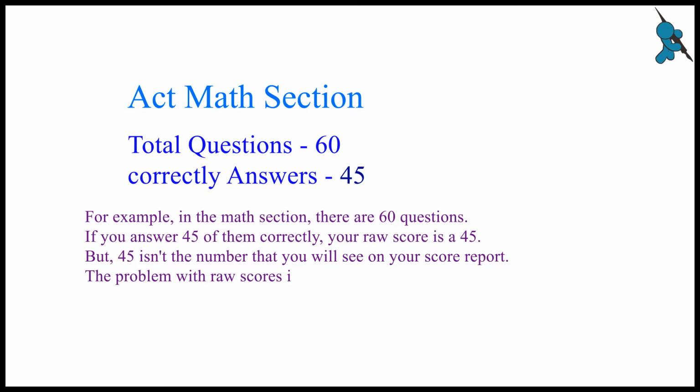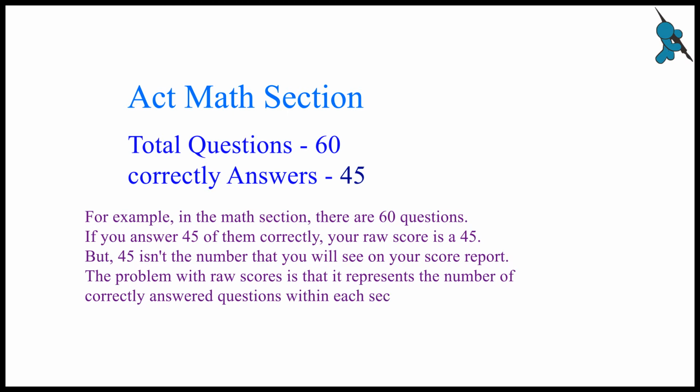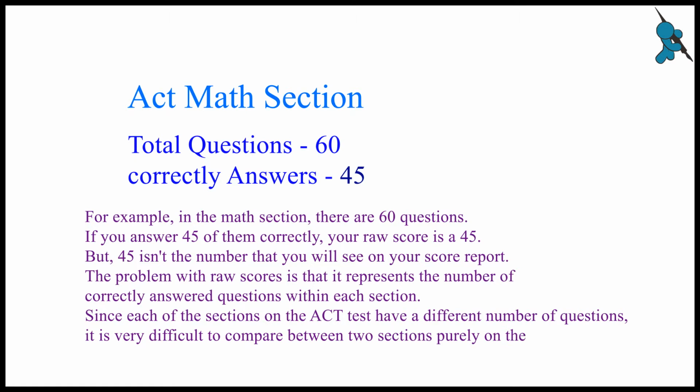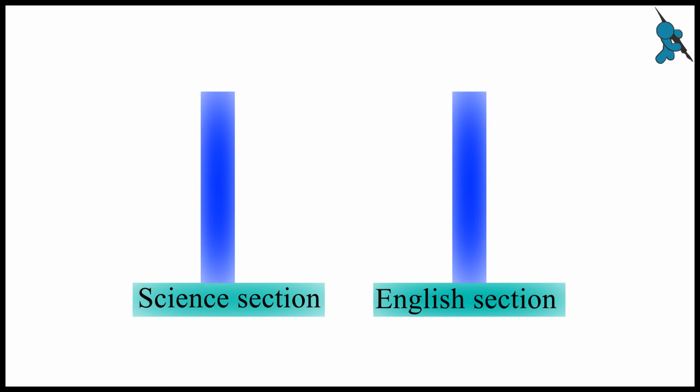The problem with raw scores is that they represent the number of correctly answered questions within each section. Since each of the sections on the ACT test has a different number of questions, it is very difficult to compare 2 sections purely on the basis of the raw score. For example, there are 40 questions in the science section and 75 questions in the English section. So, if you get a raw score of 40 in both sections, you aced the science section, but you have really struggled with the English section. To make the scores in all the sections comparable with each other,